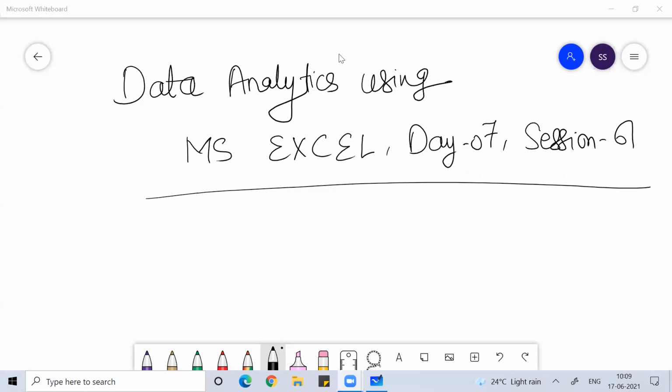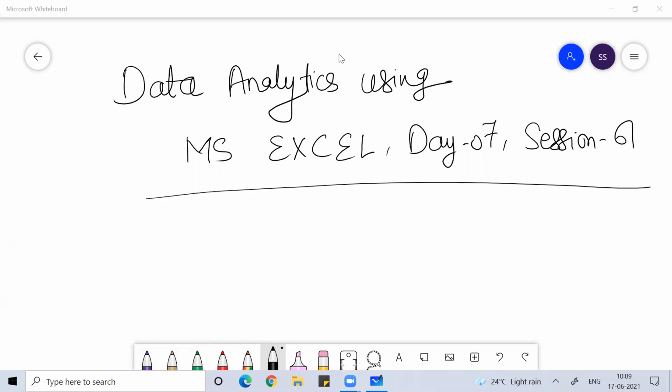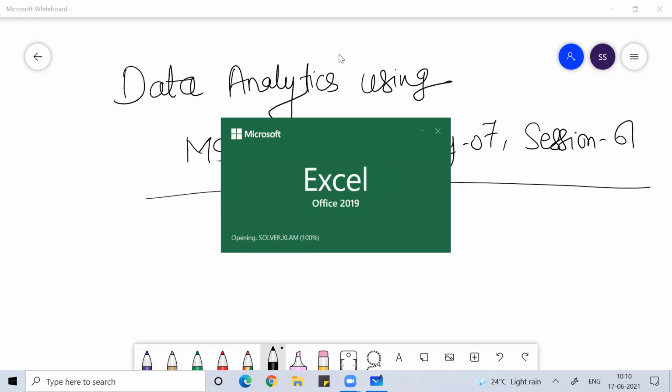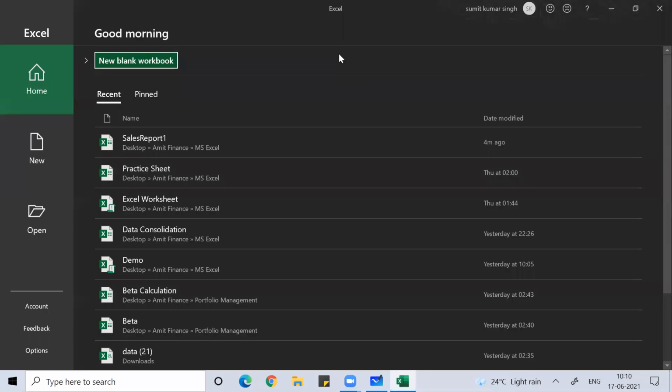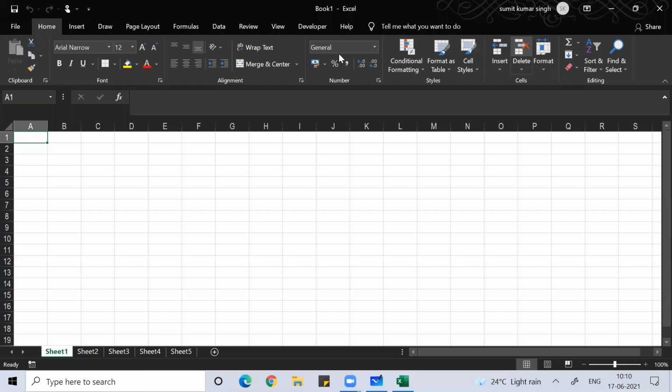So, guys, you know well about MS Excel, the basic features of MS Excel, how you can count rows, how you can count columns, how many rows and columns there are in Excel. You probably know what the title bar is, what the quick access toolbar is, what a tab is, what ribbons are, what the developer tab is, how you can write a program in Excel, and what the shortcut keys are. We have discussed shortcut keys in basic Excel.